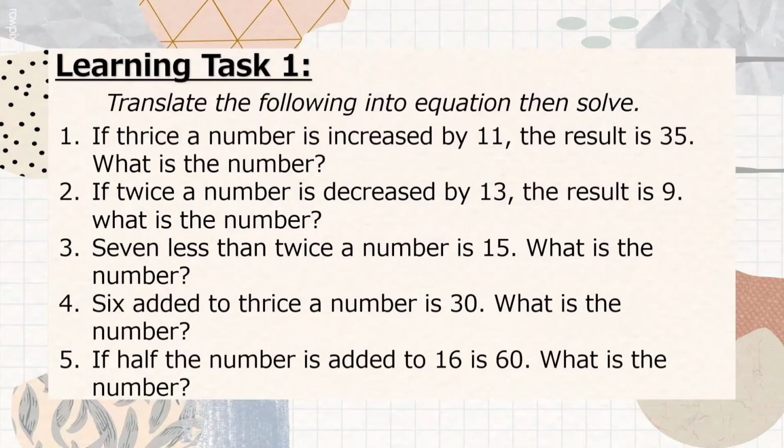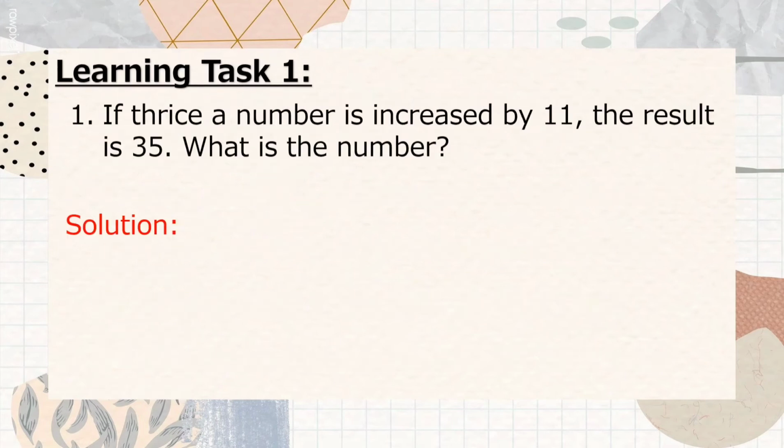Okay, so let's do the learning task 1, and all we have to do here is to translate the following into equation, then solve. So let us try to answer number 1. Okay, so the given problem here is if twice a number is increased by 11, the result is 35. What is the number? So what we are going to do here is to translate first into